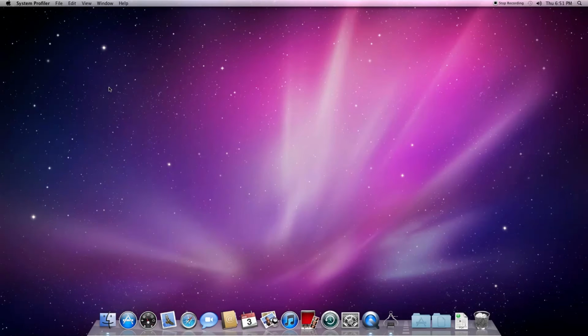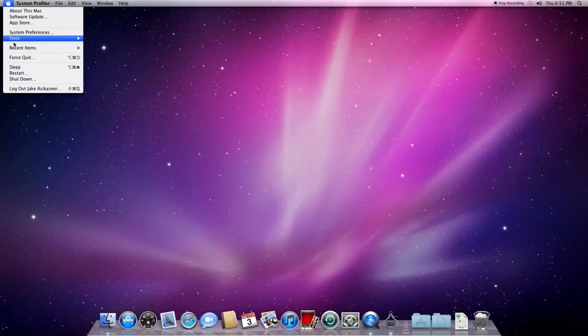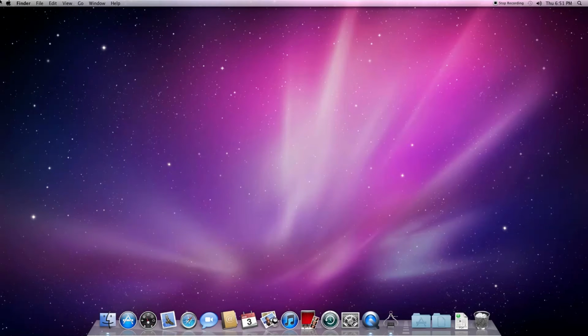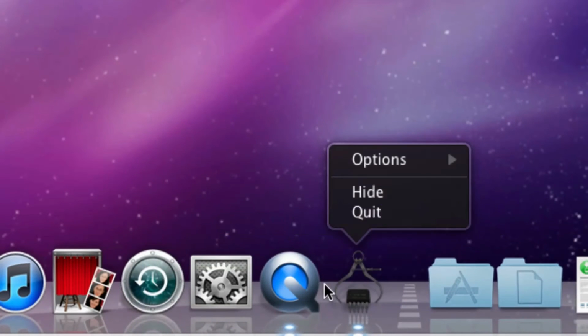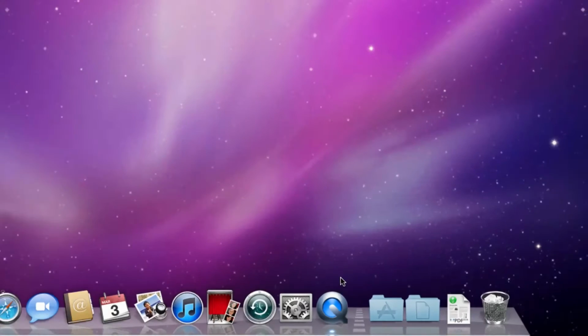So I made a second partition of Snow Leopard on the hard drive. This partition is going to end up being a different OS. But before I did that, I thought, why not install Snow Leopard and make a video of is Snow Leopard usable in 2016. So anyway,